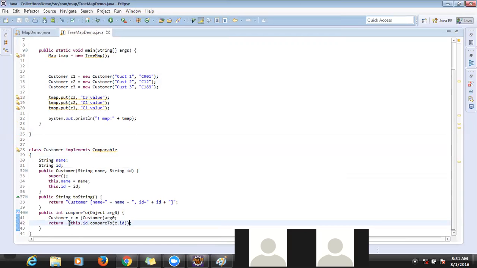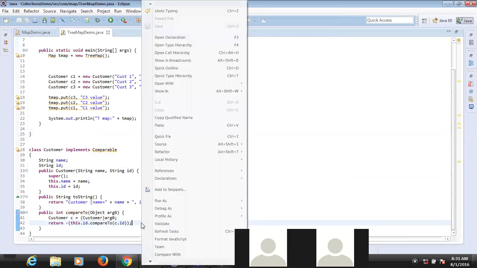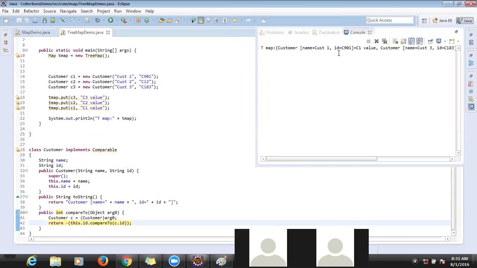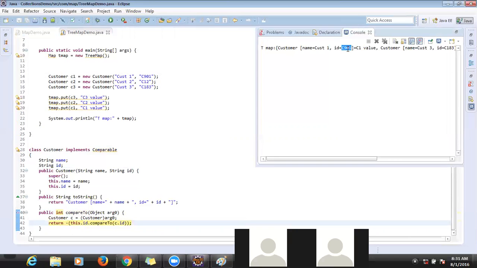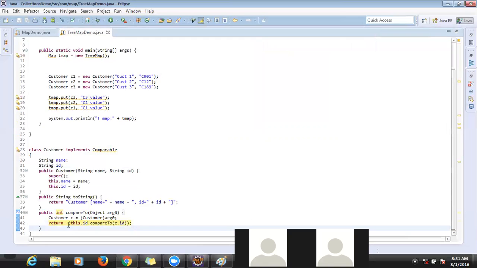Did you see there? Now I want to sort the elements in descending order. See, now 901 comes first. So just keep a minus, and it will be considered as a reverse order. By default it is ascending order; if you keep a minus, it will be sorted in descending order.